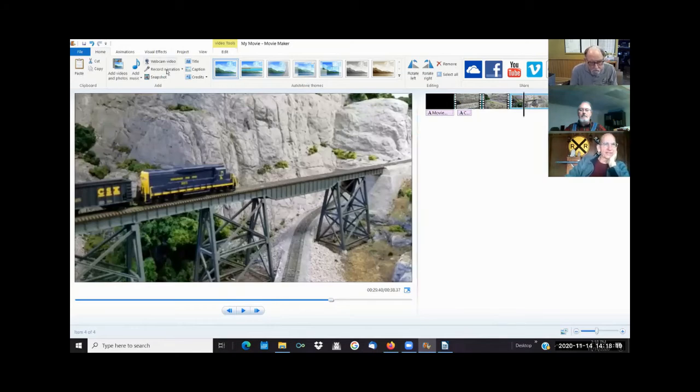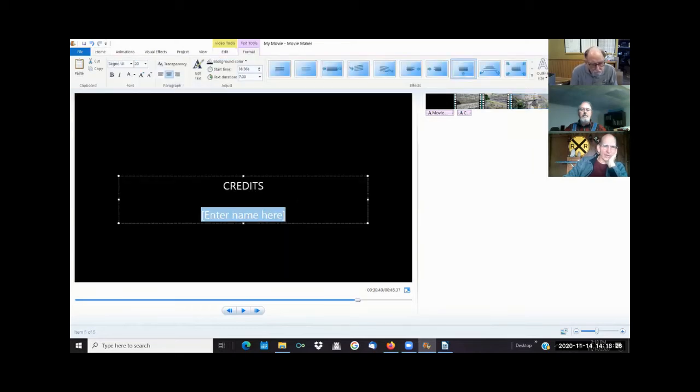And then finally, at the end, you can decide if you want to add credits. And so when you're adding credits, the real reason you need to add credits is if you've taken a song that says, we want you to attribute something. And so I'll put in here the name of the song, you know, music by, name of the artist, and then name of the song. And you can also add photos to this. If you want to show a picture,